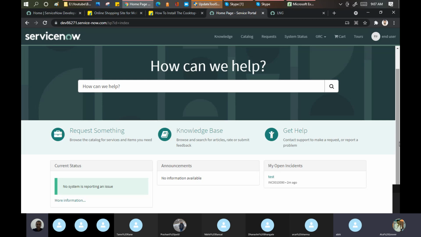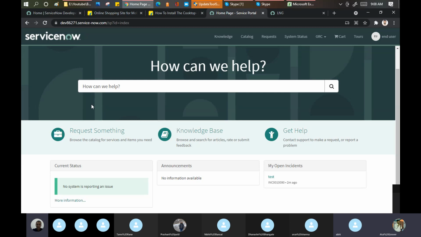The second point is that any change you make in the portal is considered a customization. It is tough to customize the portal, because to make one single line change, you have to do a lot of changes in the background. It is not drag and drop.